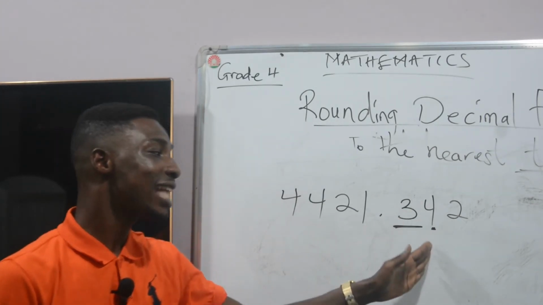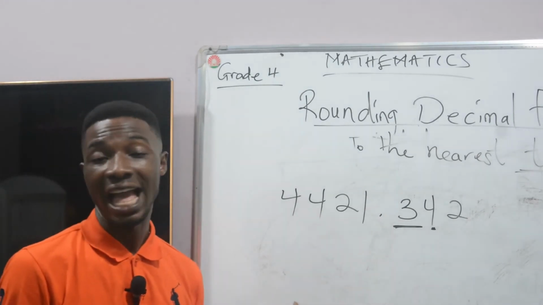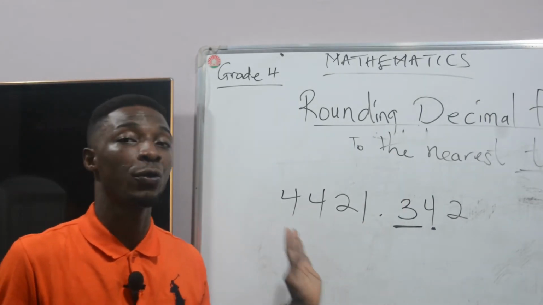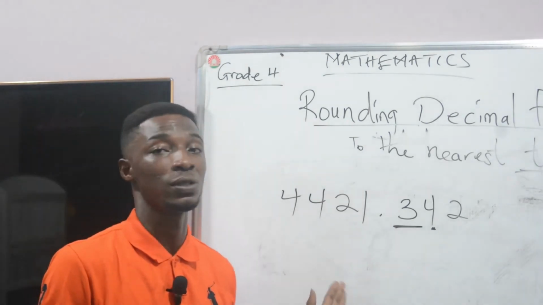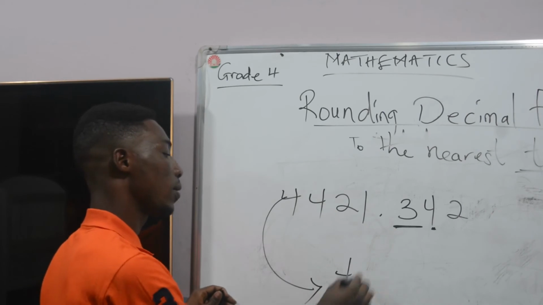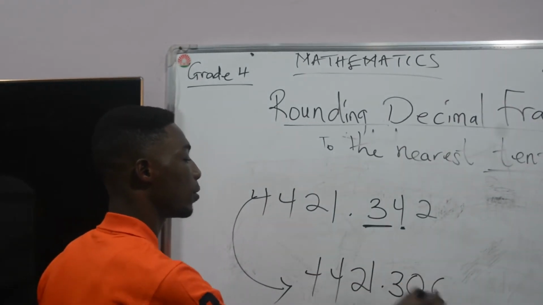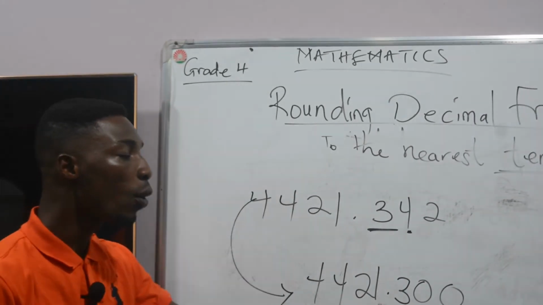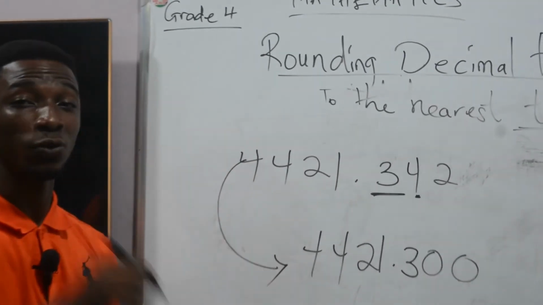So the number just after the 3, which is the one of interest, is 4. And so according to the rule, we cannot do anything to the 3. We cannot add 1. We just need to turn this to 0 or replace them with 0. So our final answer becomes 4,421.300. Again, it is wrong to write